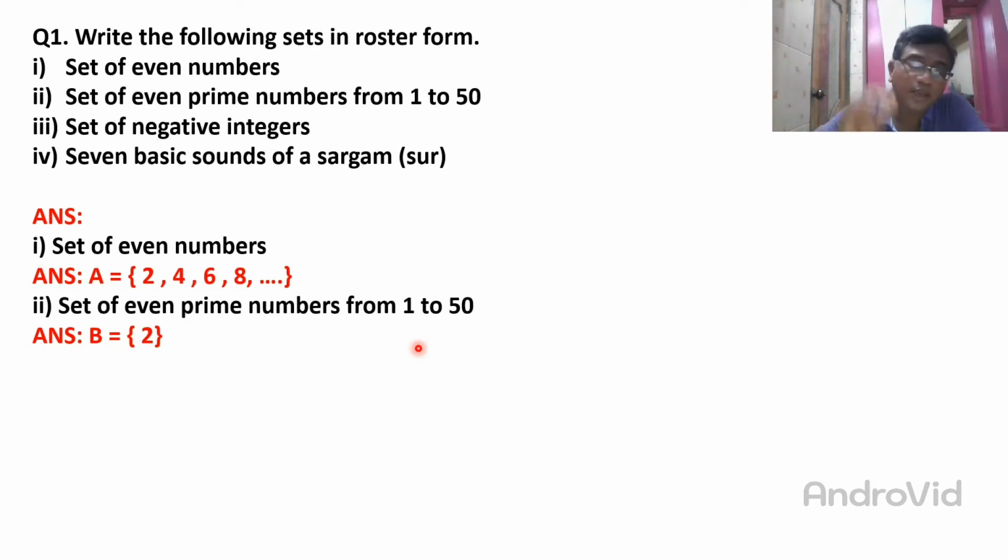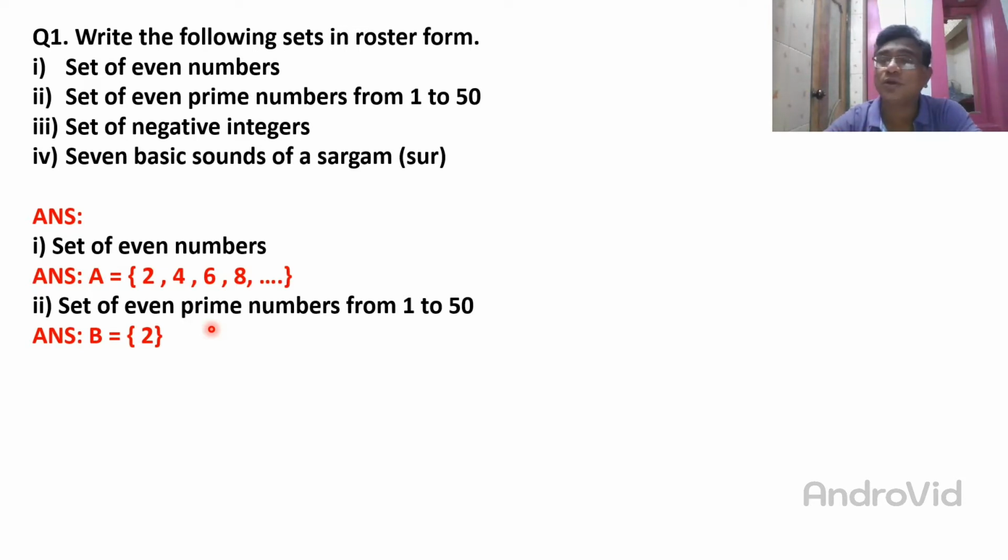Remember that. Okay? Anyone who has doubts, you can ask me. I will explain again. Do you understand? Prime means what? Prime means a number divisible only by 1 and itself. Here is 2, so 2 is divisible by 2 and 1. Okay, it is even, so I write only 2.